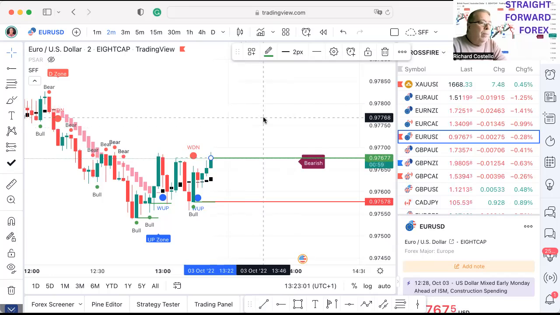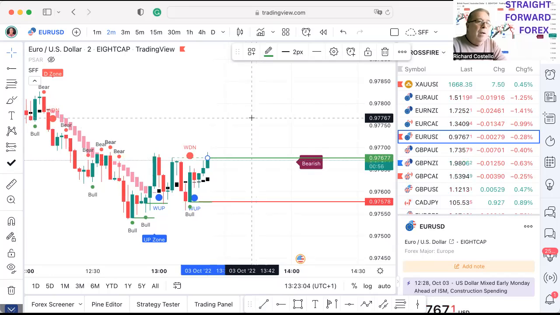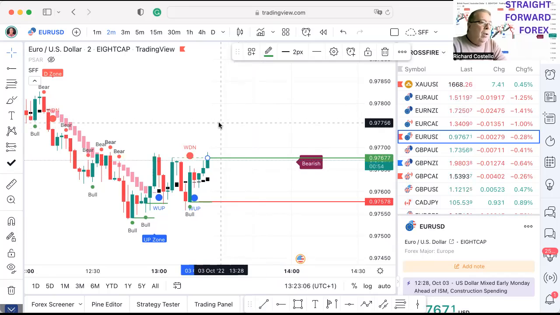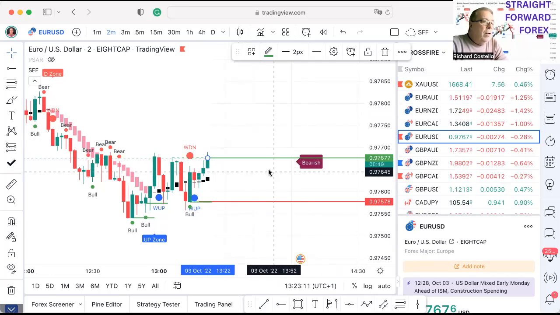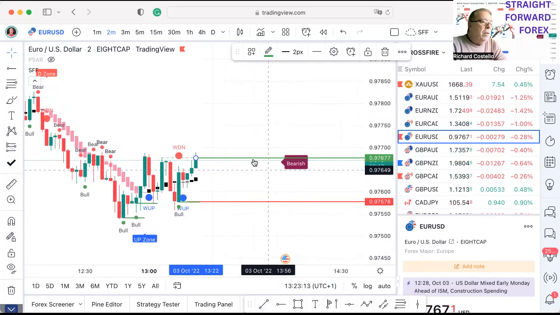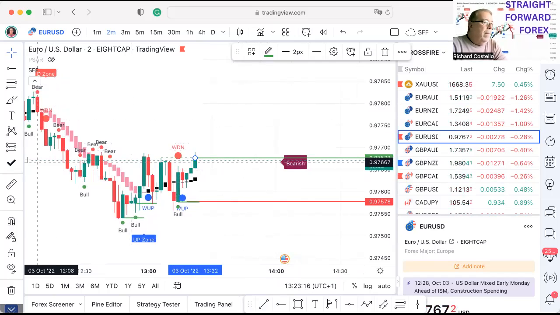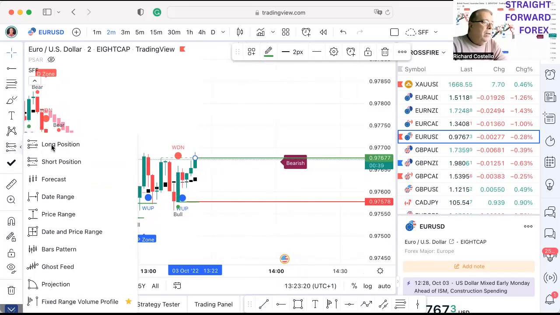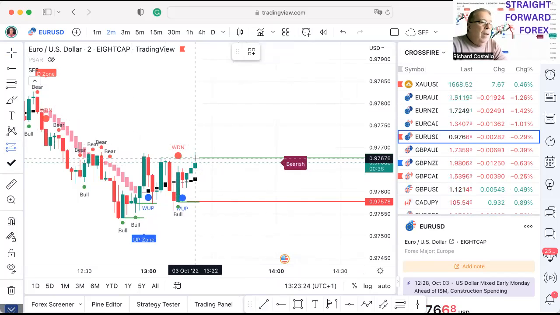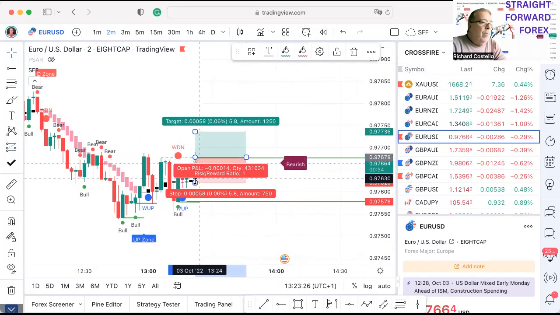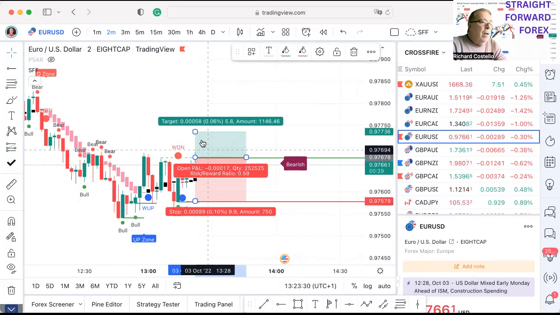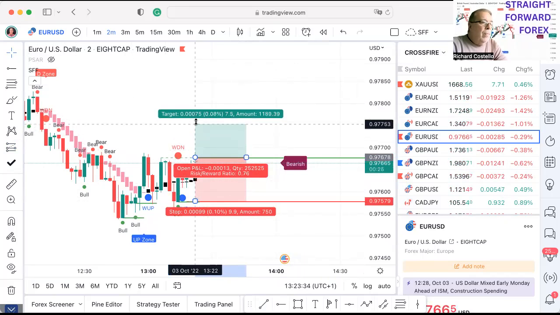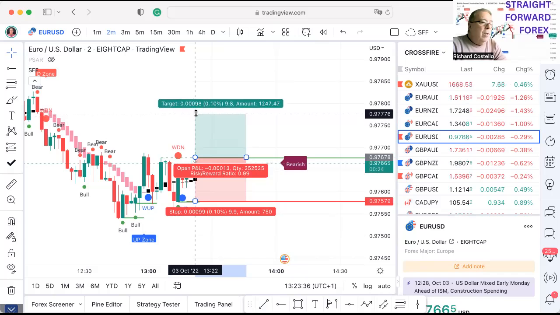Now, I was perhaps a little bit too early getting in because this has actually turned back to bearish. But we'll ignore that for now. We'll work on the basis that this is going for a buy. We go to this indicator on the left-hand side here, and I select long position. I put my entry on the green line there. I put my stop loss on the red line there,